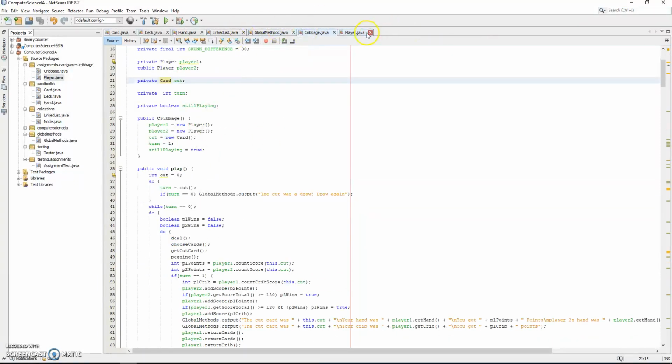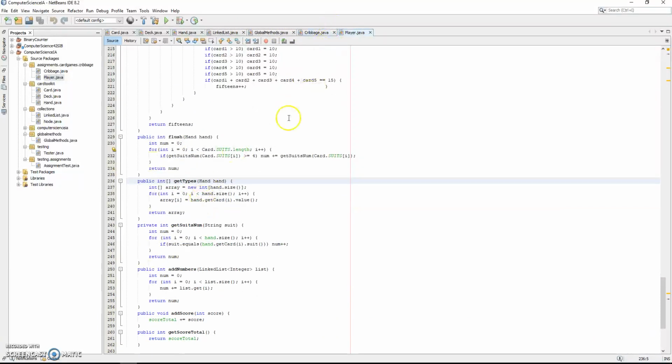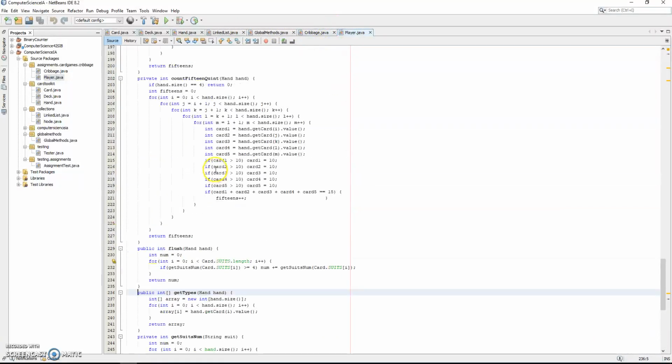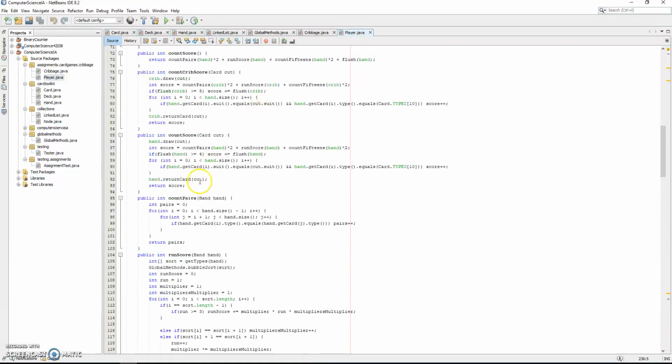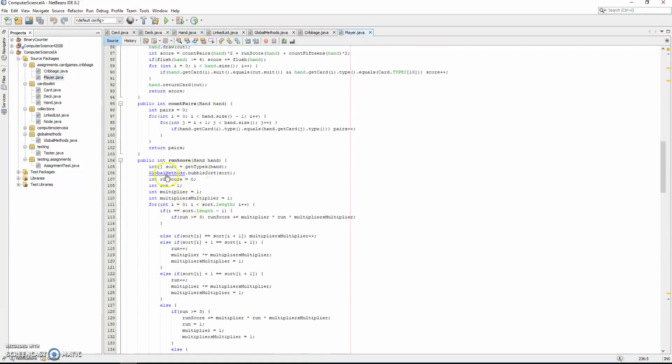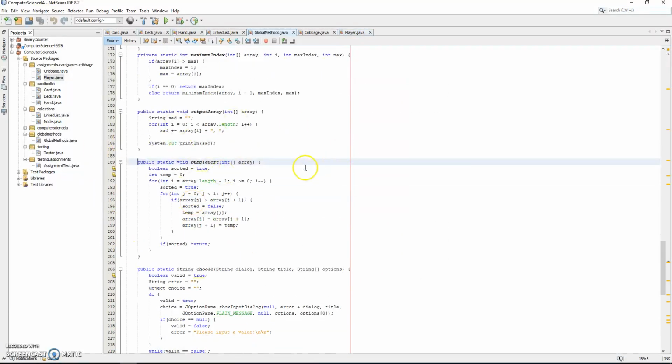And it sorts them in this player class using the global methods' bubble sort. So I have this in my global methods just so I can help